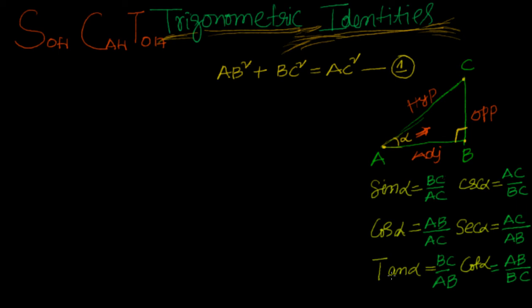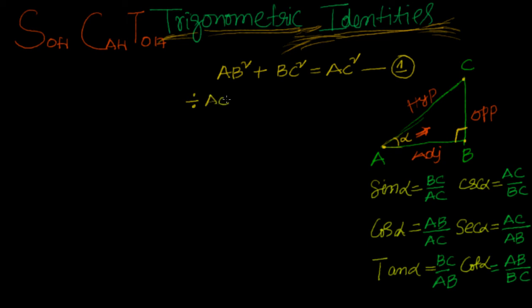I have all the trigonometric ratios and I have this equation. Now in any way, from this AB square plus BC square equal to AC square, can I get a relation between these? For that, first let me take sine alpha. What is the sine alpha value? BC by AC. But what I see here for BC is BC square. So if I divide this whole by AC square, then I can put it as sine square alpha. So let us divide by AC square.